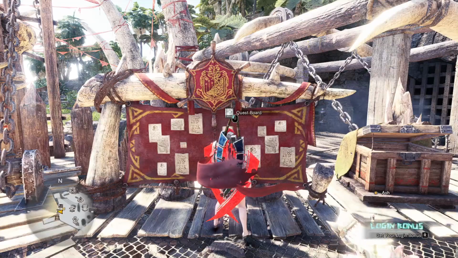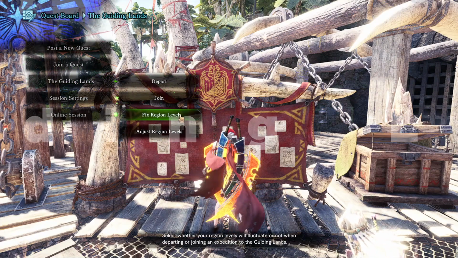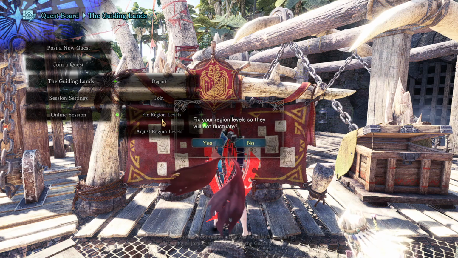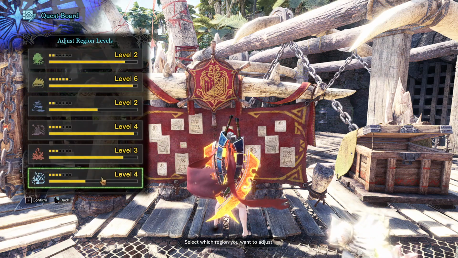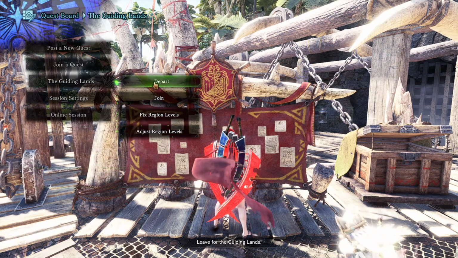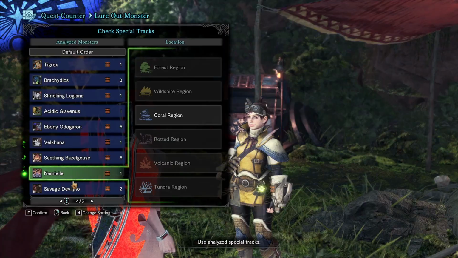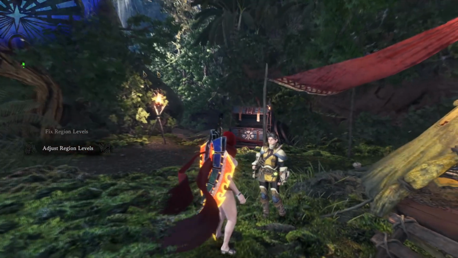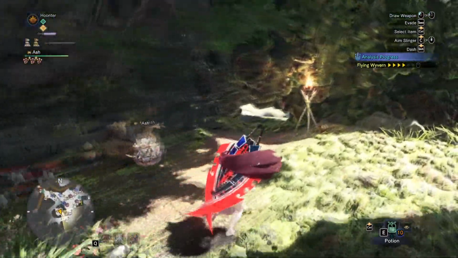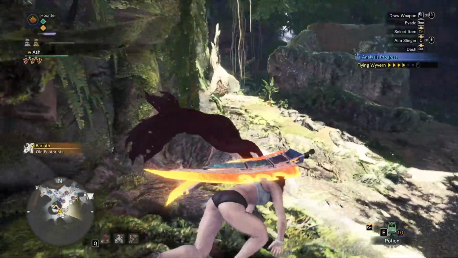So coming in at number 4, I want there to be some kind of Guiding Lands-esque mode. Especially with World's big expansion Iceborne, we were introduced to the Guiding Lands, which was very similar to Expeditions, but had a really nice twist of giving us a new map and basically giving us an endless hunting ground where we could level up areas to unlock new monsters, and also giving us the ability to control various aspects of the areas, such as levels and what monsters we want to fight, assuming we had already come across them, whether that's from